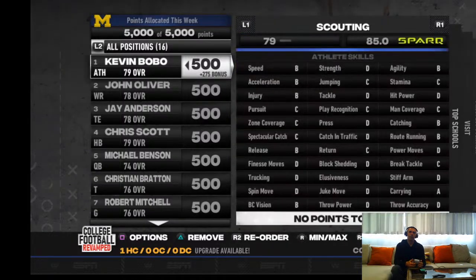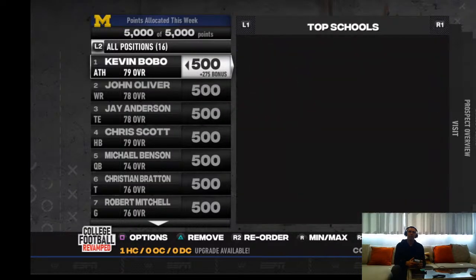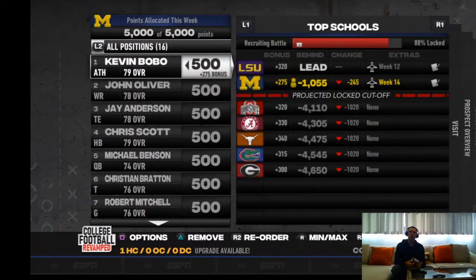As I've mentioned previously, I don't scout. That's one of the house rules we're using here in this Heisman Dynasty. I'm not going to go into detail on that again, but we don't scout until the player's recruited. Adds a little bit of uncertainty to things. So Kevin Bobo, again, nothing else we can really do here. We're just hoping that he doesn't sign before we get our visit with him. And he's coming to the Ohio State game, so we'll see how that goes.